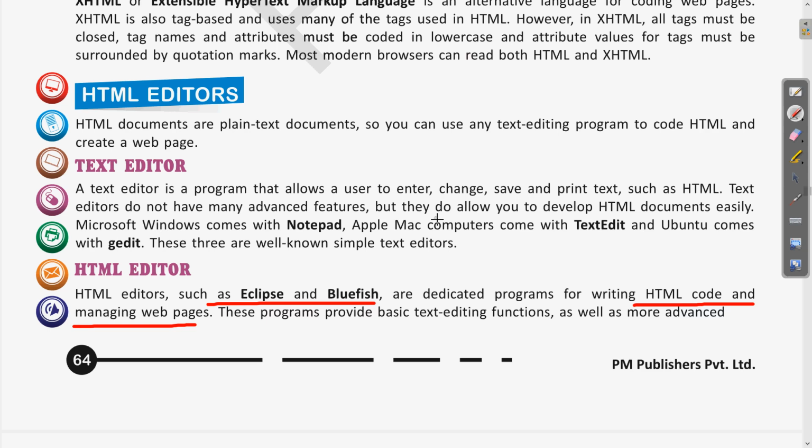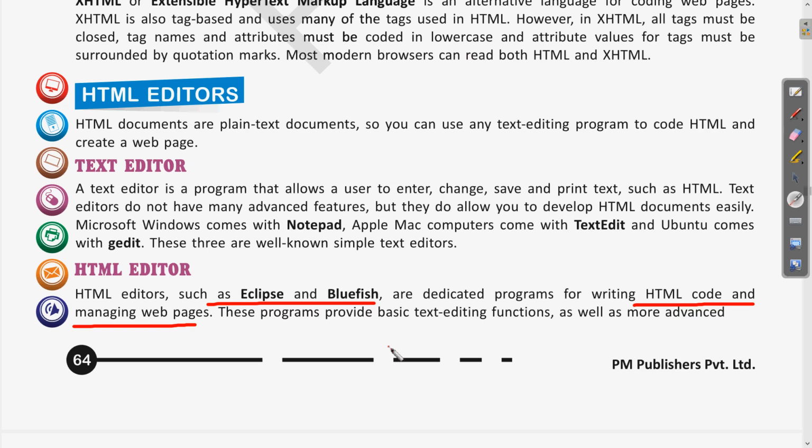But the HTML editors which we use are designed with some extra additional features. Whatever the code is, or if there is any error, we have some color combination. The closing and ending tags which are written there can be matched.